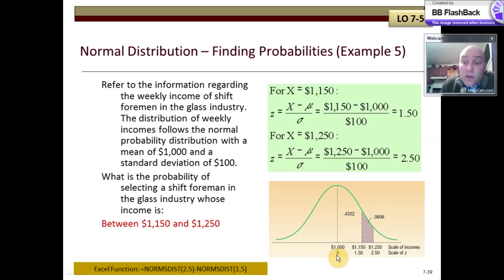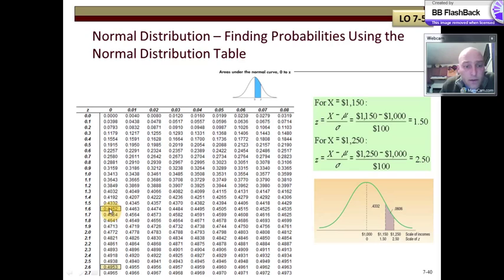The area between 0 and 1.5 for z is 0.4332. Don't let these guys distract you. 1.50 is 0.4332. That's the thing we want. And the z-score, 2.5, 0. We're using that 2.50 column. If it was 2.51, I would look here. But it's 2.50, so it's this one. The area is